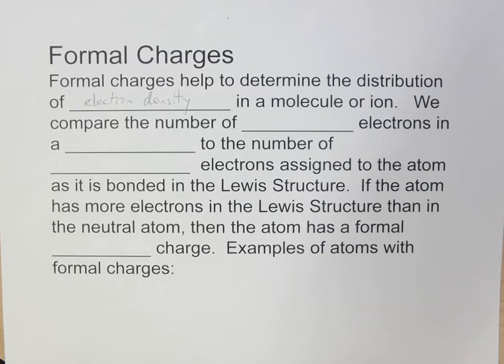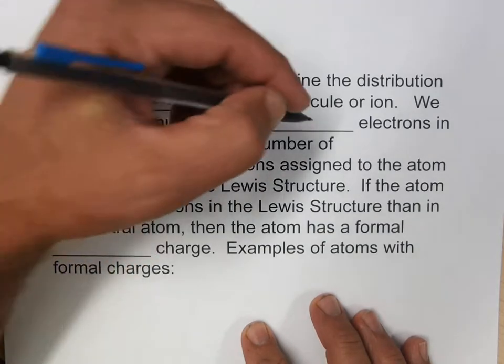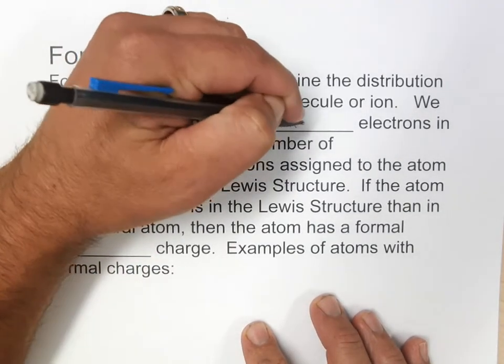And if you have an atom that's gaining a bunch of formal charge, like a negative formal charge, that would then cause it to attract a cation or a proton. So this is really an important idea for trying to decide how reactions will take place and whether things are stable or not. So what we're going to do is compare the number of valence electrons